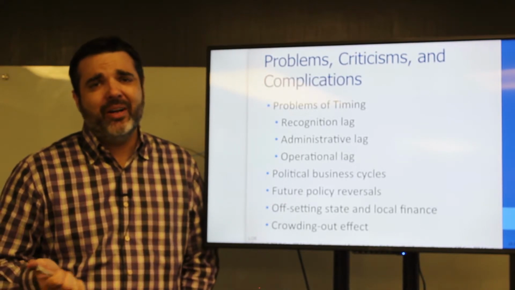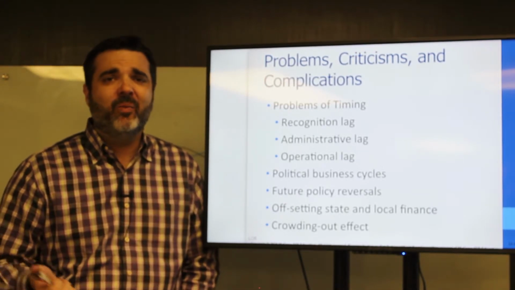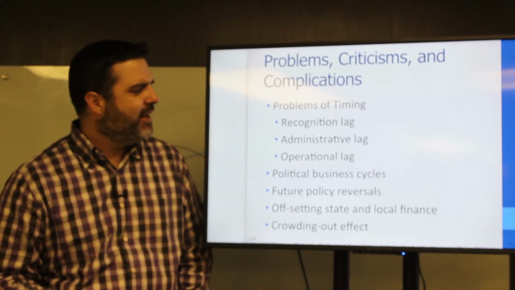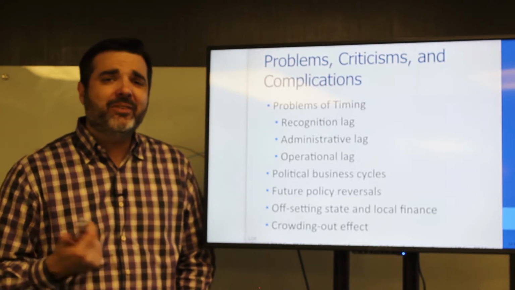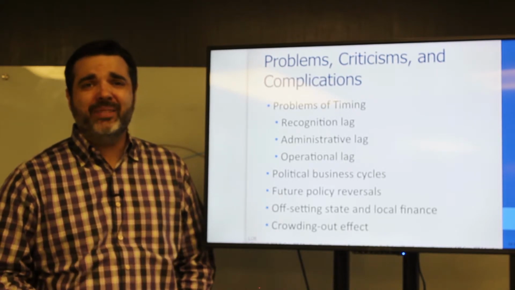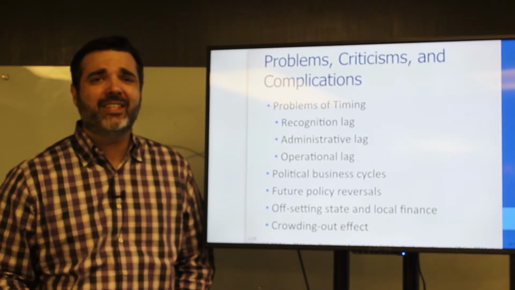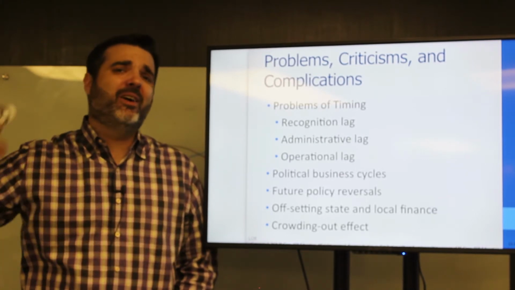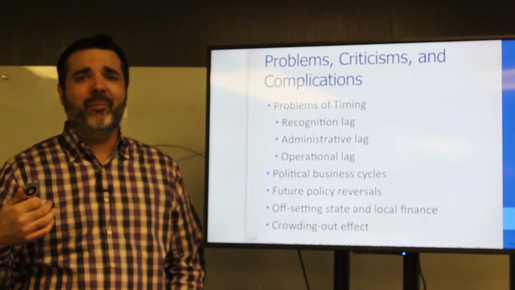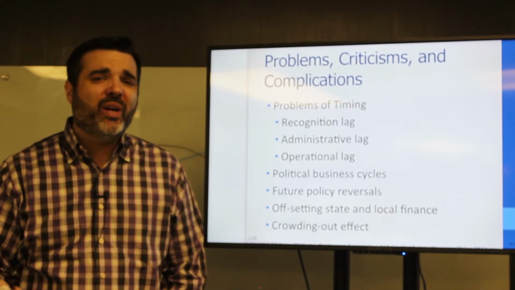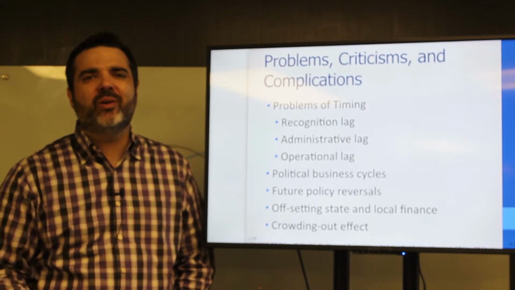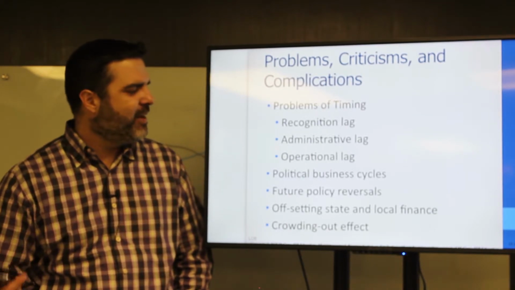When recessions start, nobody wants to recognize that it's a recession. We all just want to say, oh, maybe it's something small. So it's very difficult to understand that it's actually happening. And then there's an administration lag. We have to agree about what to do about it, and sometimes that can take super long. By the time they figure it out, we have monetary policy already happening in the background, so it's very difficult to have it be meaningful. And once they agree on it, we have the operational lag, because it actually has to be put into practice. So it can be very slow in responding on things that need to happen very quickly.